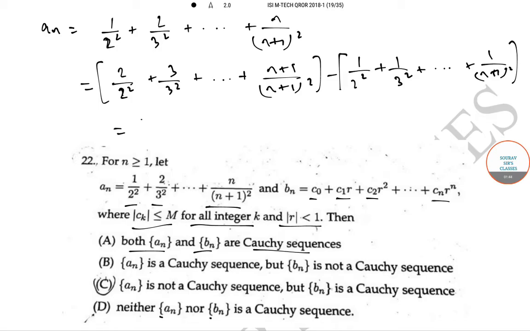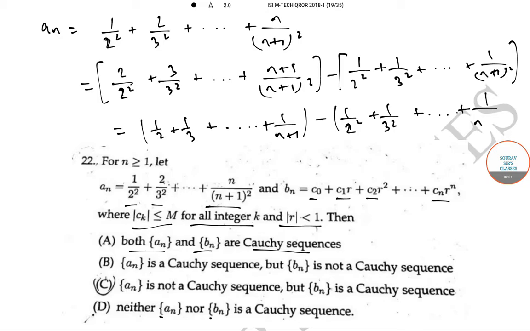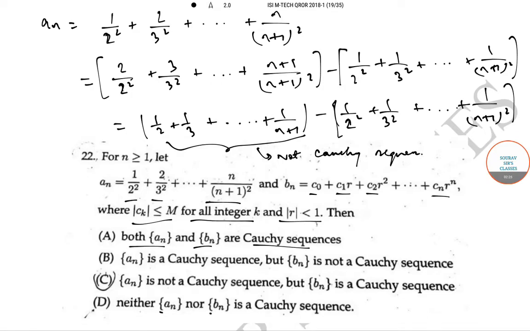So this becomes 1 by 2 plus 1 by 3 up to 1 by (n plus 1), minus 1 by 2 squared plus 1 by 3 squared plus up to 1 by (n plus 1) squared. But 1 by 2 plus 1 by 3 up to 1 by (n plus 1) is not a Cauchy sequence. So a_n is not a Cauchy sequence, and checking for b_n,